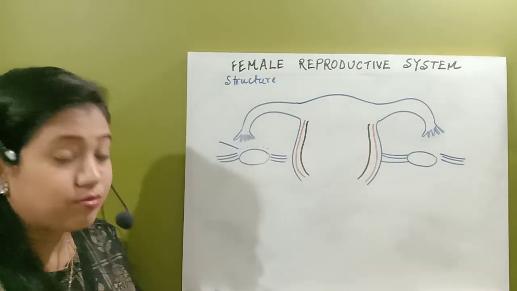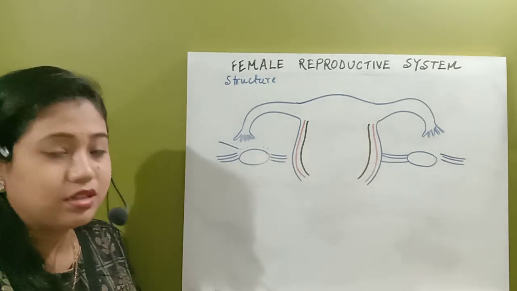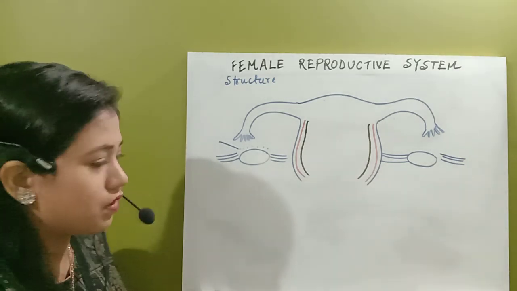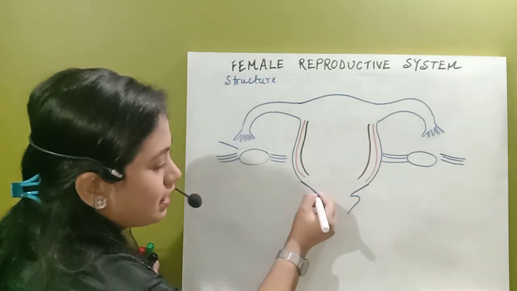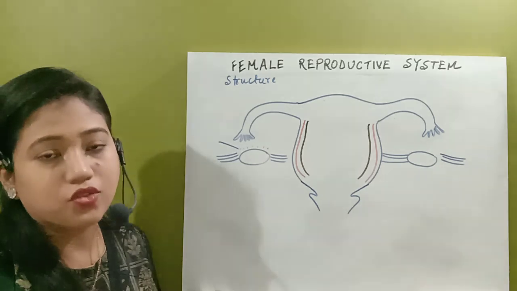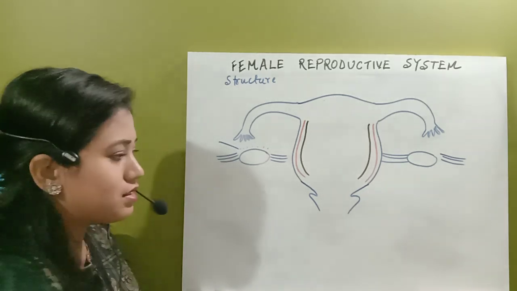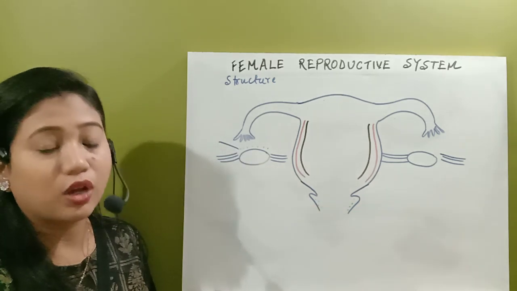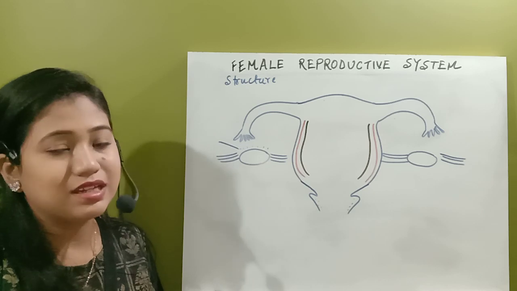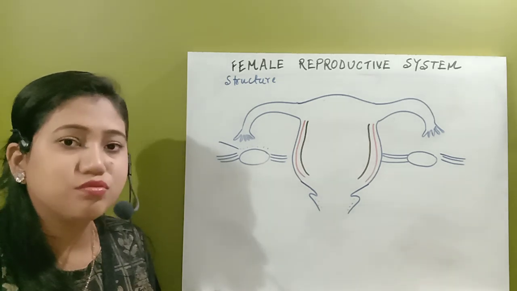Then come to the structure present after that. Just behind the uterus, we are going to have a narrow tube-like structure. Here it is present, and this is known as the cervix. So this cervix is the neck-like structure. This neck-like structure is made up of some cells. They are the columnar epithelial cells, and these columnar epithelial cells produce some mucus, and that mucus will